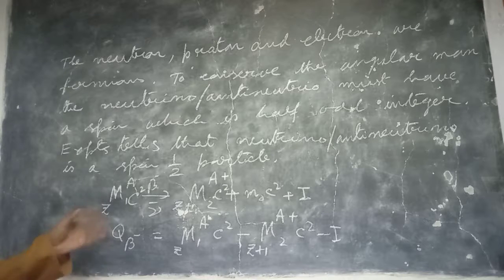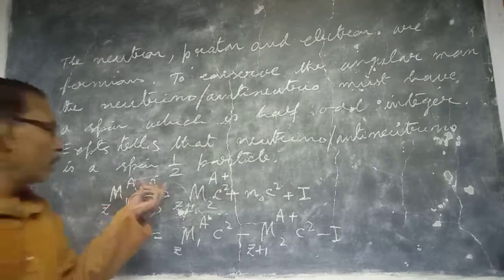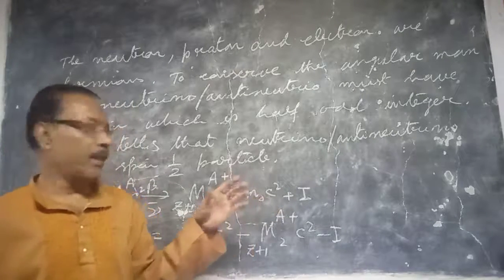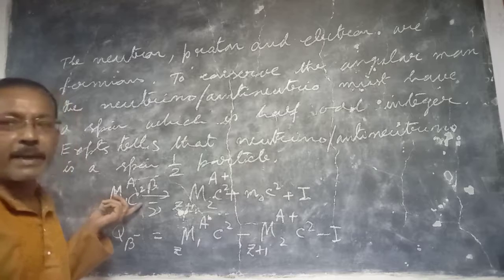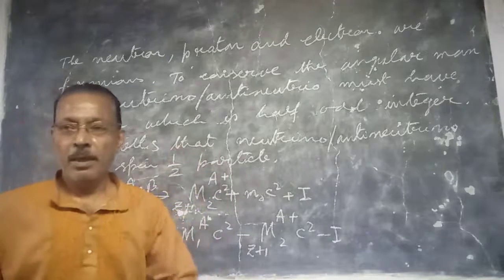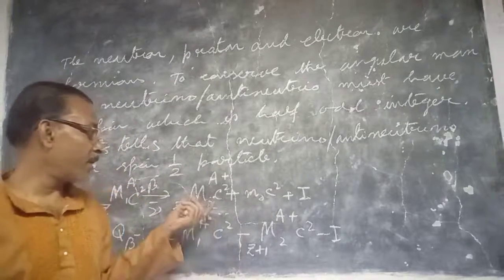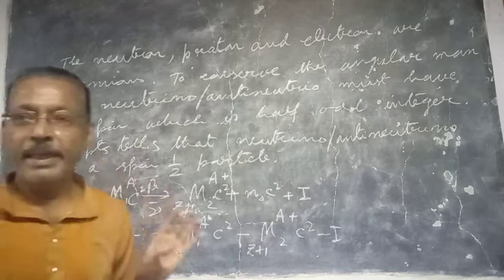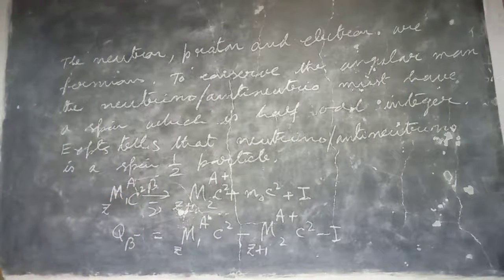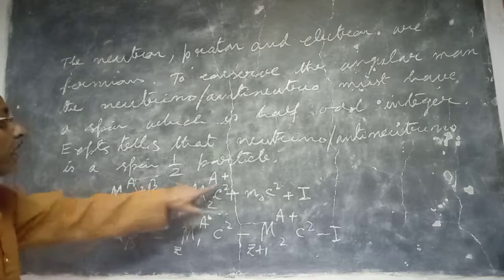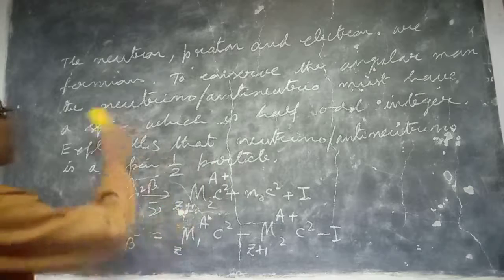In the case of positron emission, you get here twice m0 c squared, because the mass of this parent nucleus must be 2 times the mass of the electron greater than the mass of the daughter nucleus. Then only positron emission will take place. So the Q beta of the beta process is given by this, because here it will be plus one deficiency of electron.